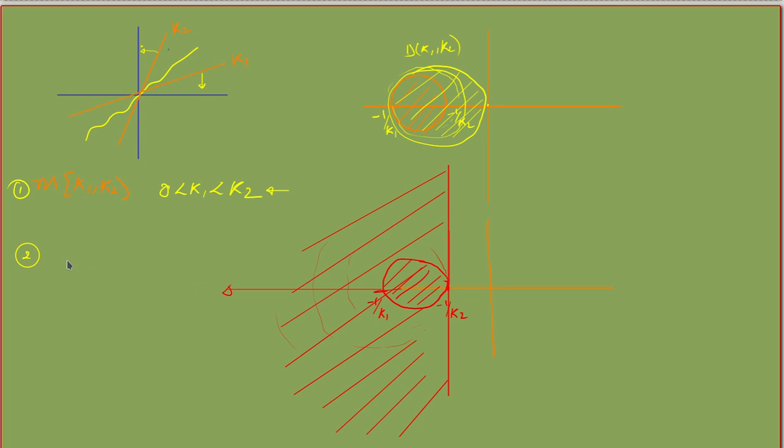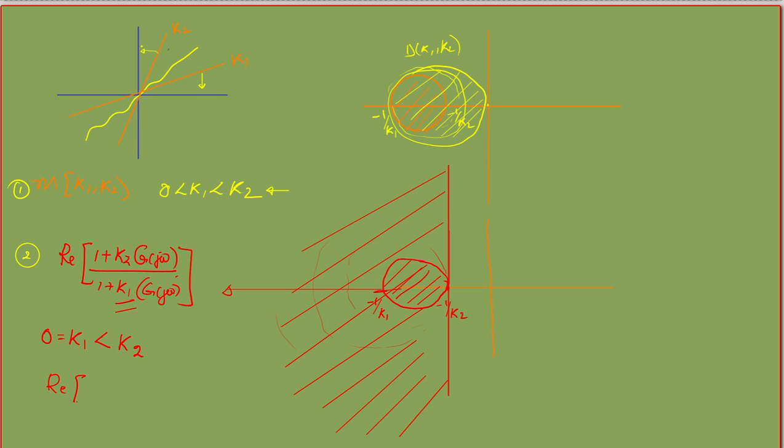So if you look at the real part also, we can see that what we wanted was the real part of (1 + K2·G(jω)) / (1 + K1·G(jω)). So if K1 is equal to 0, then 0 equals K1, and 0 is less than K2. In this case what happens is that